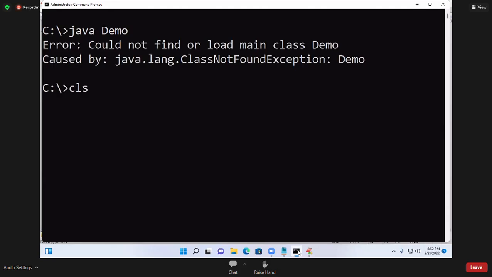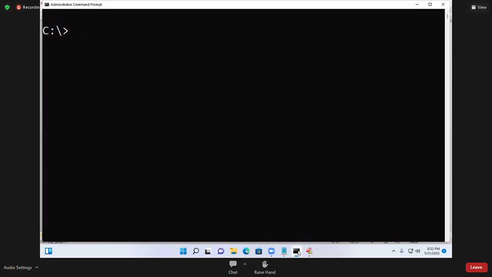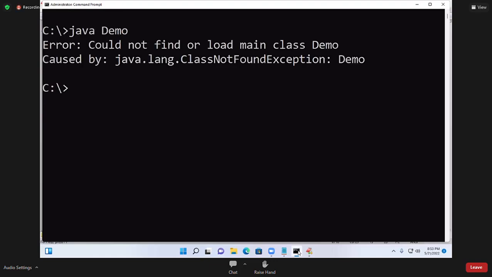Okay. See, now generally what we are doing, javac demo.java. Then what happens? The .class is generated, then java demo, then it is executed. Like this we are doing. Now I'll delete the .class file again. Now if I run java demo, it's an error. But if you run like this,